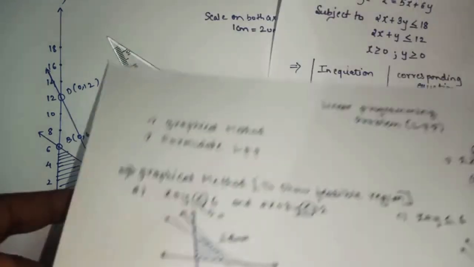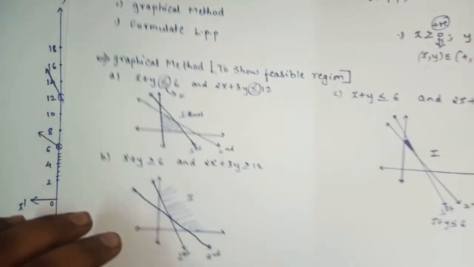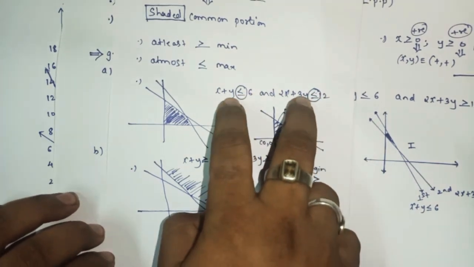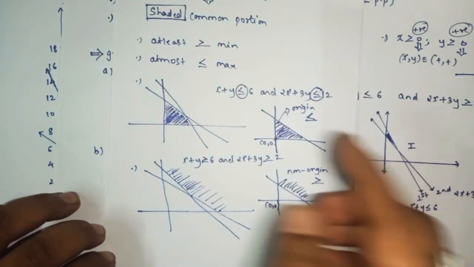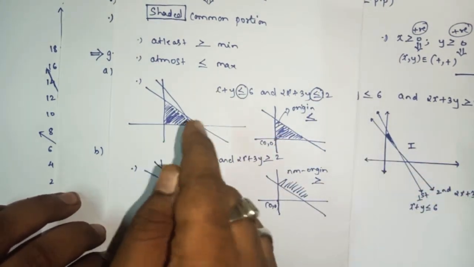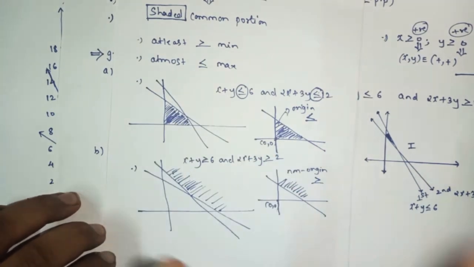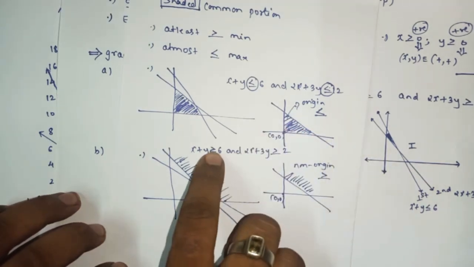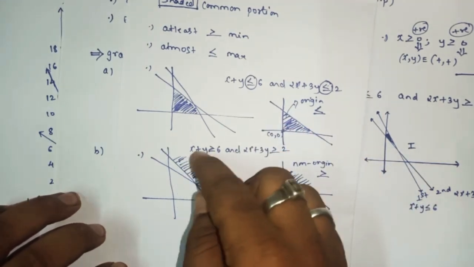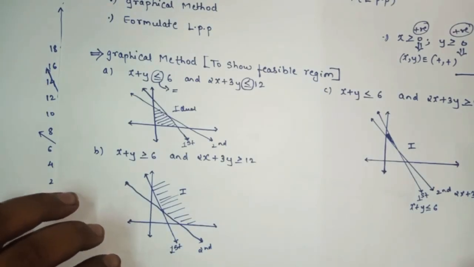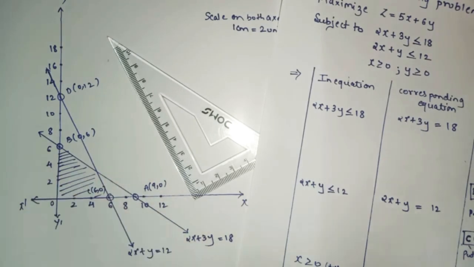As I told while explaining the concept, remember this. Whether we have two equations or more than two equations, if it contains less than equal to, straight away you will draw the shaded region inside only. When you have two equations or more than two equations, and if it contains greater than equal to, always and always you will draw the shaded region outside. Remember these two tricks.